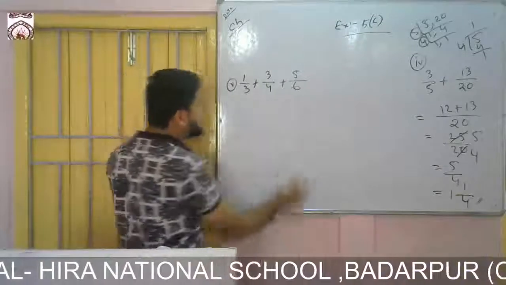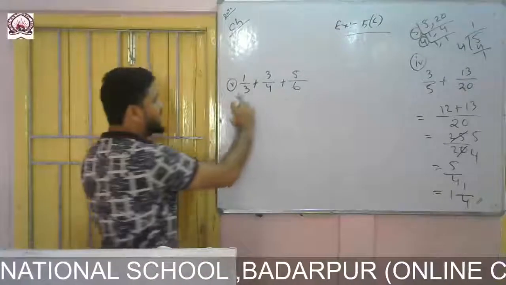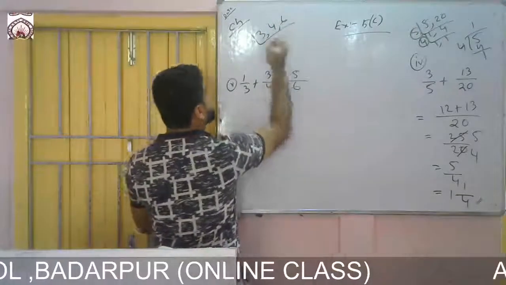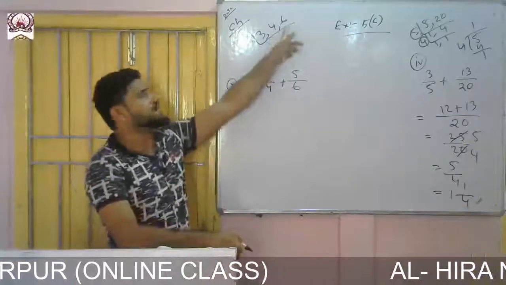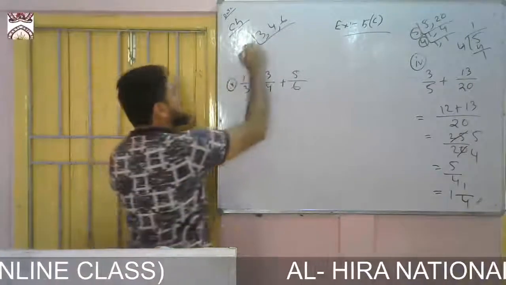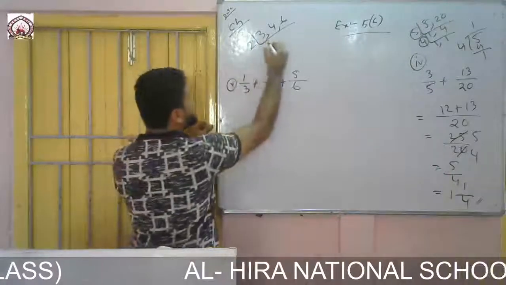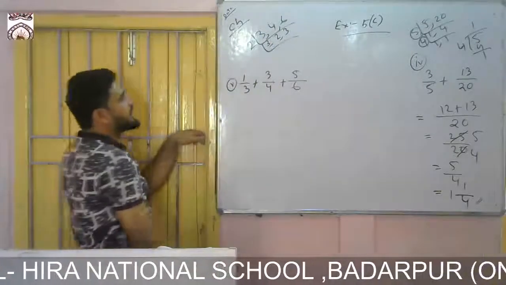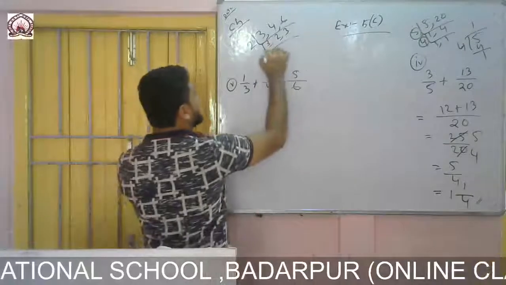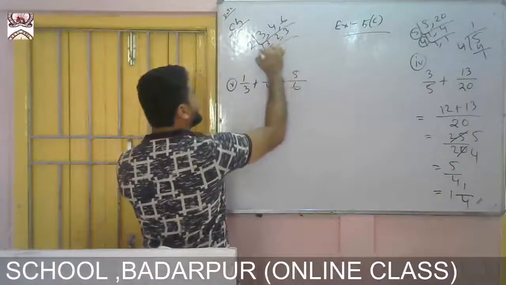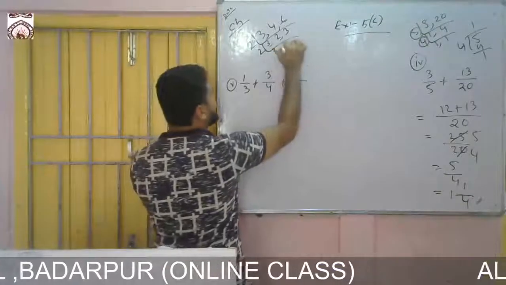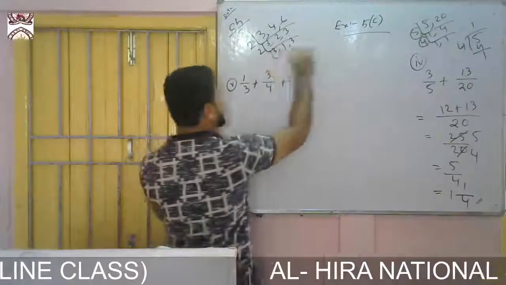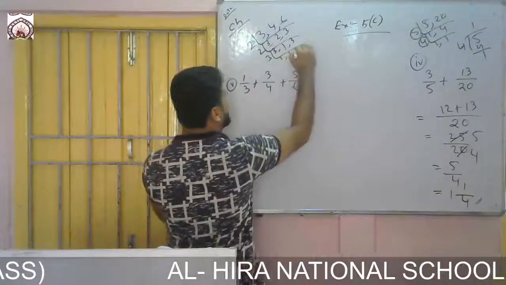So you take the LCM, since the denominators are not the same. So 3, 4, 6 you take at a time. First we'll check that 4 and 6 are going with 2. So we'll divide by 2, and 3 is not going, so we shall keep 3. 2 2s are 4, 2 3s are 6. Now you see 2 is there, so you can divide with 2. So 3 you keep, this 3 you keep, and 2 1s are 2. Now both are 3, so we shall divide it with 3. 3 1s are 3, 1, then 3 1s are 3.